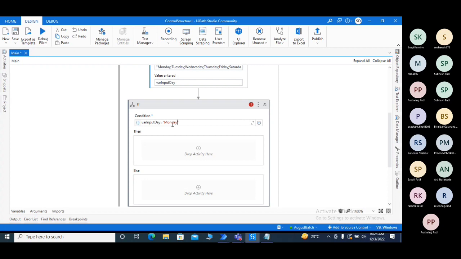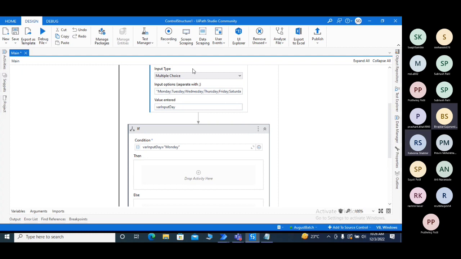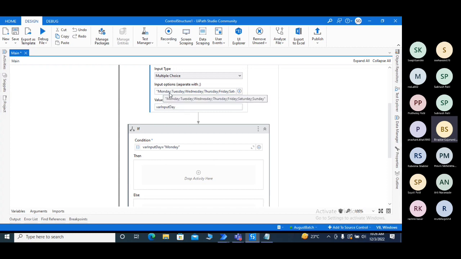Remember, whenever you are entering a string, it should always be in double quotes. And whatever you are taking as input from the user should be exactly the same, like Monday is equal to Monday. There should not be any misspelling or anything. So if there is a Monday,